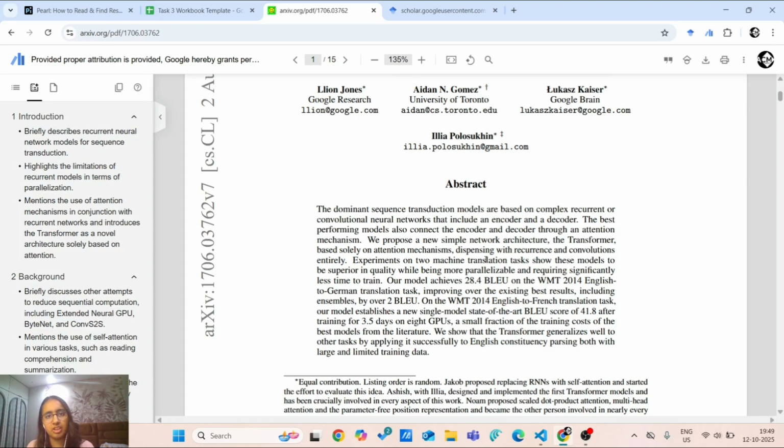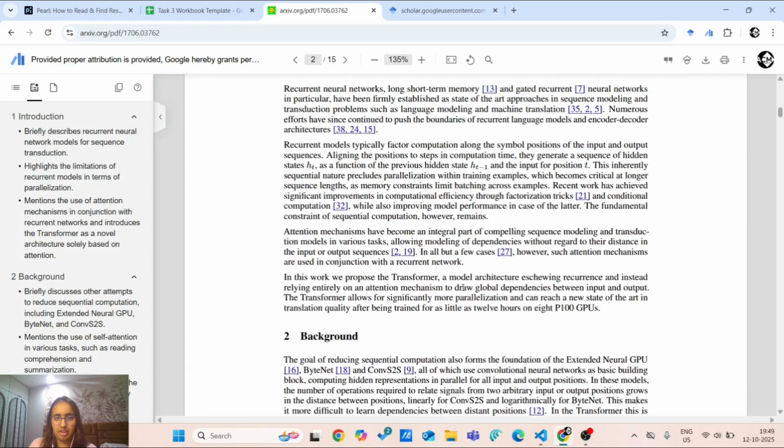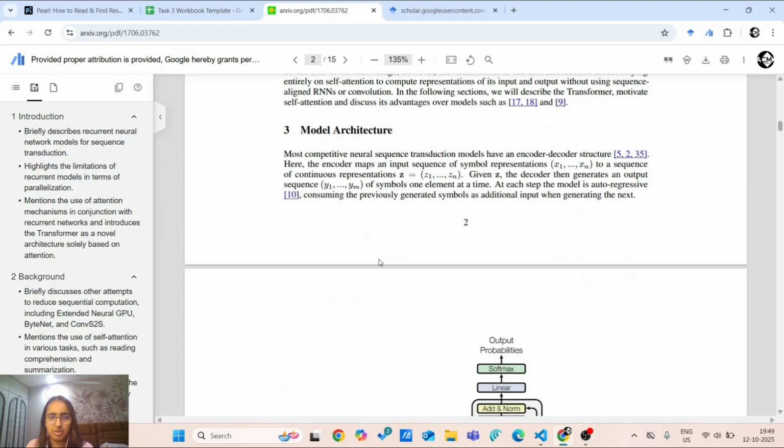So on reading the abstract, you know that the paper is about these things, and if it is relevant to the topic that you are searching for, if it is relevant to the research that you want to read and want to contribute to, you could easily figure it out after reading the abstract. And after reading the abstract, then you could read the introduction. Introduction contains all the background and the details about how this idea came across.